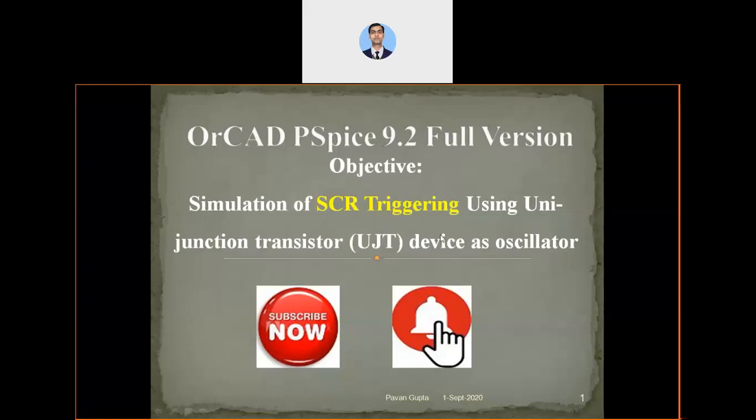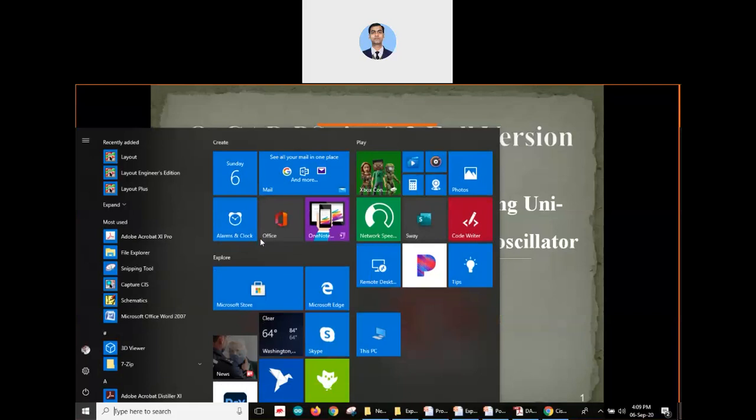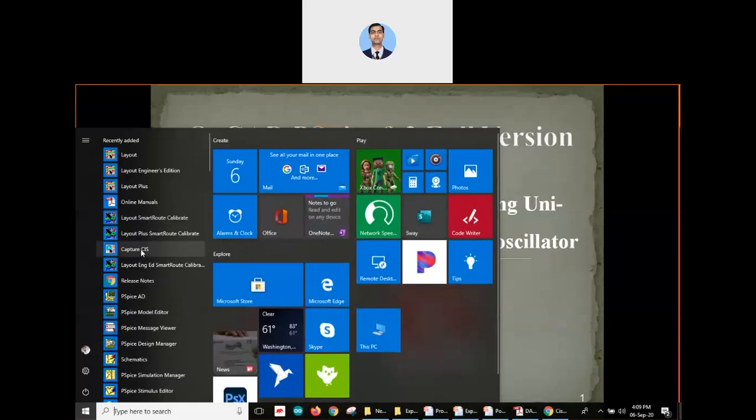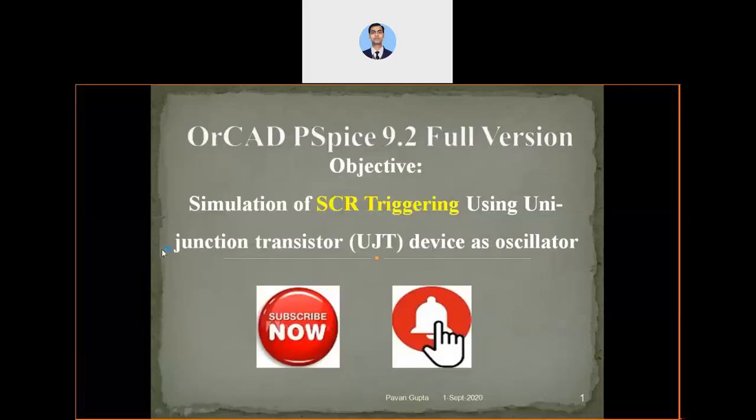So let us start with how to simulate the SCR triggering using the UJT device. Firstly, I'll go to the Capture CIS of my PSpice 9.2 version.